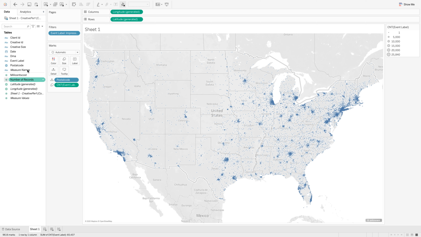Okay. So count of event label, let's drop that on size. Oh, that's actually, yeah, that's right, because it's pretty well distributed. Yeah. Okay, let's see. Now let's try